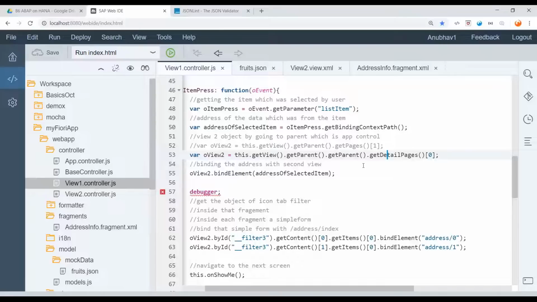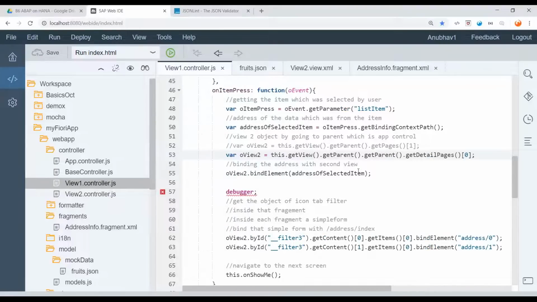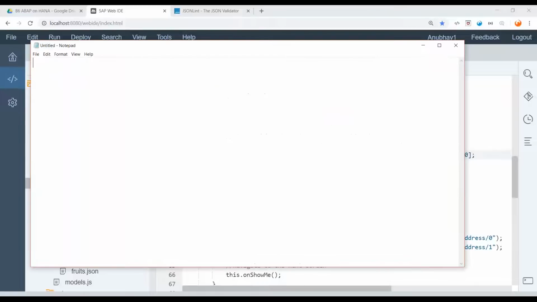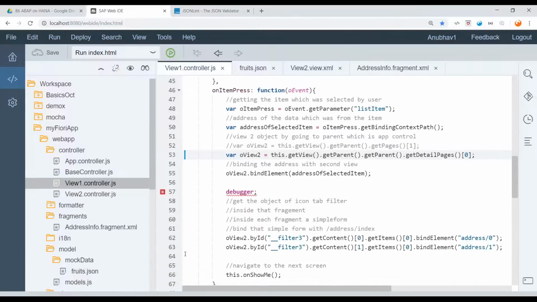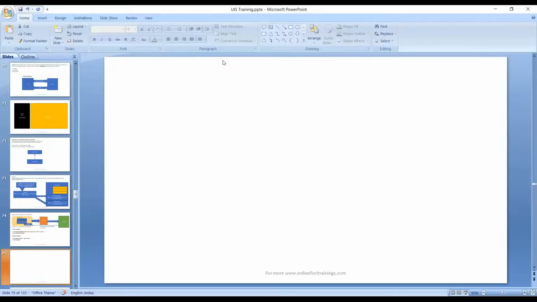Now moving on. So that's about the fragment at design time. What about at runtime? Let's take a use case. The use case here is very simple. My manager comes to me and says, hey Anubhav, can you create an F4 help? So I want to create an F4 help. So please create